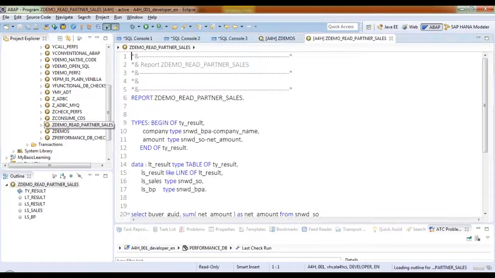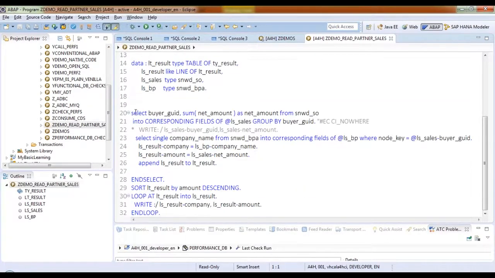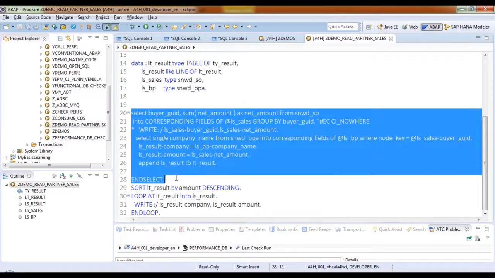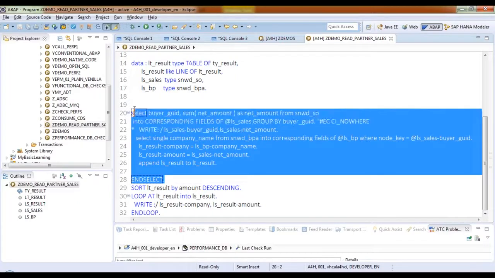Yeah, this is the program where I was using Open SQL with a select statement in a loop. You can see this is select and select, and this was also giving me a warning in the code inspector check saying that there's a nested select, which means a select inside a loop of another select statement. Of course, you can even simplify this using Open SQL, but I just showed you a code